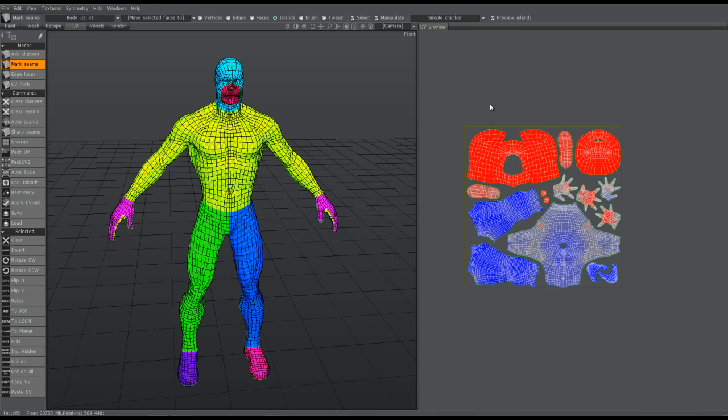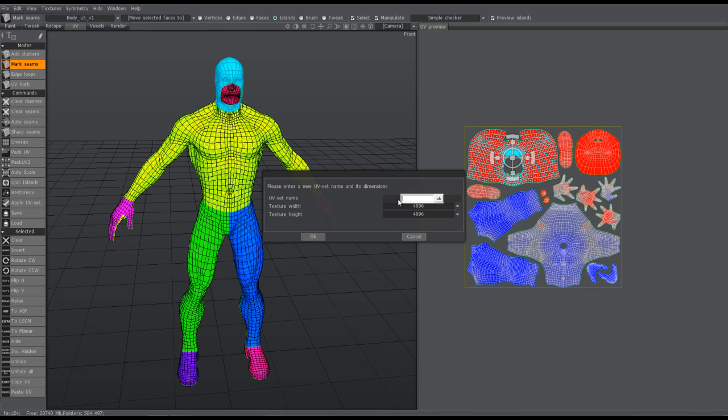For example, if I want to move the head islands onto its own UV map, I can first go to the upper left hand corner here, and this drop list, select Add New UV Set. Now before I do that, I want to point out that if you want to rename a UV set, you can do that here. If you want to move islands, you do it through this little checklist here. Okay, so I'm going to go ahead and create a new UV set, name it Head,